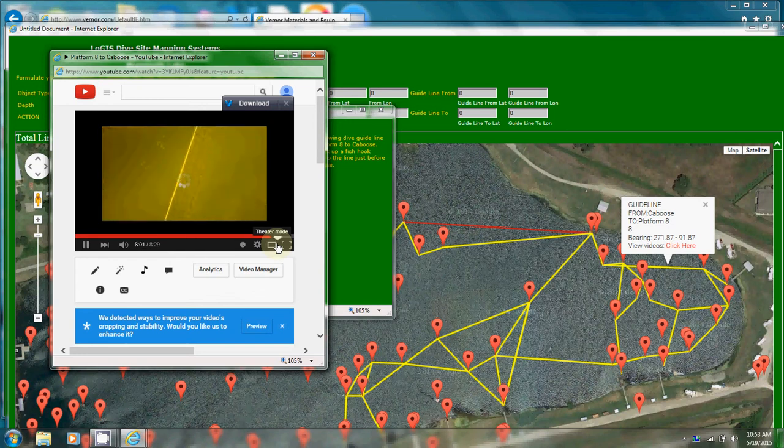and as I said, I'm on a little bit of a slow link here. There's the caboose, and you'll see in just a second what we have here. We have a fish hook on the line, and it had a weight attached to it, so I just threw it underneath there for the time being. I'll pick it up a bit later on. So there we have that video to